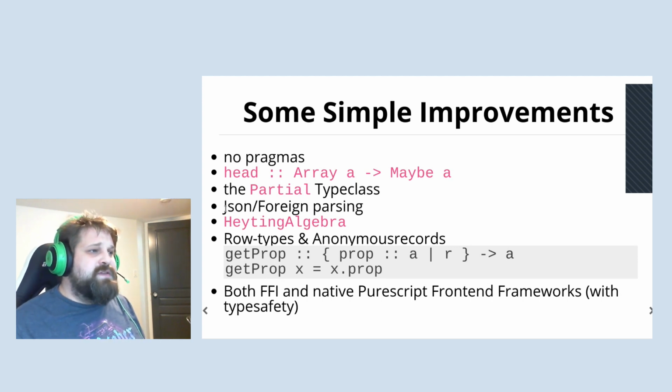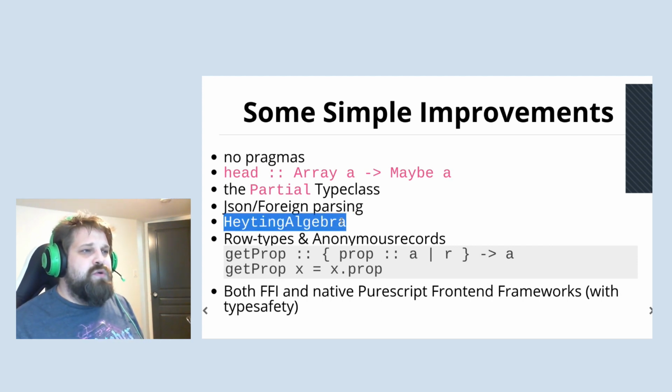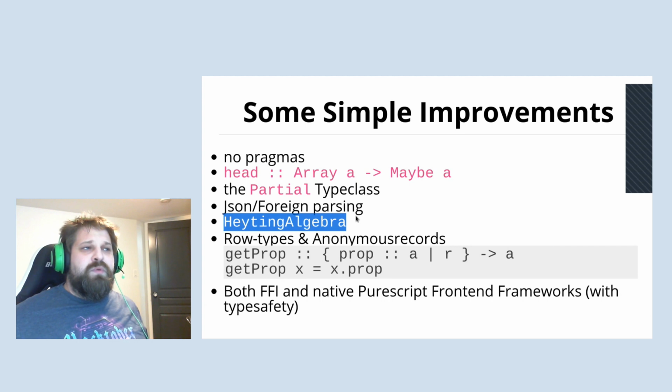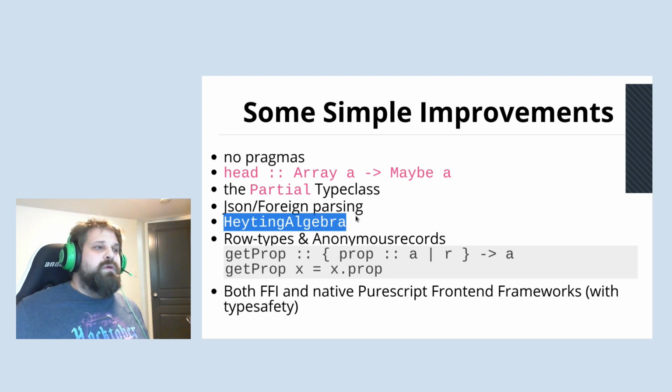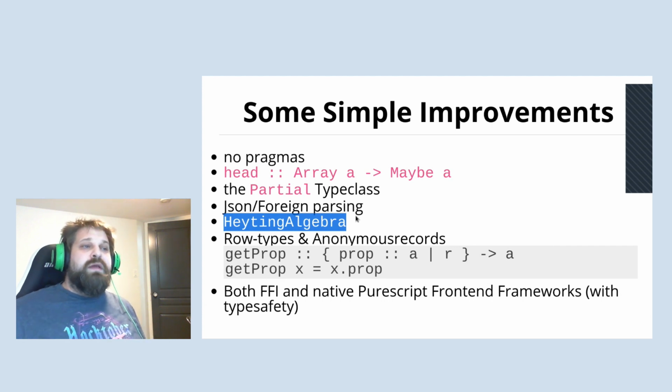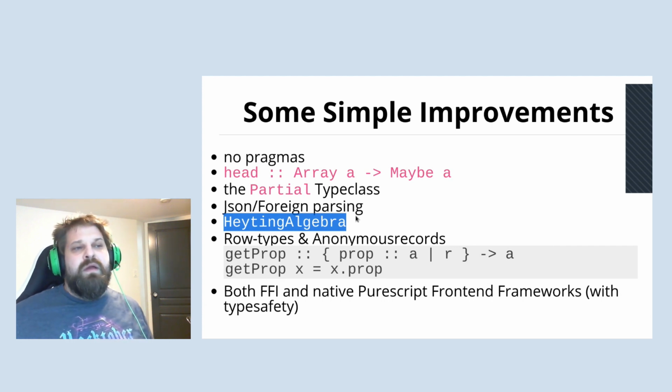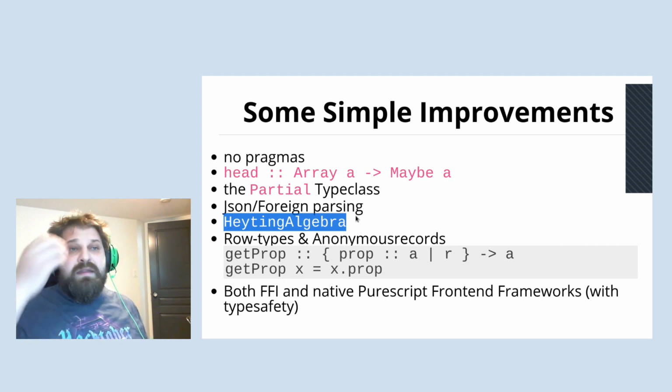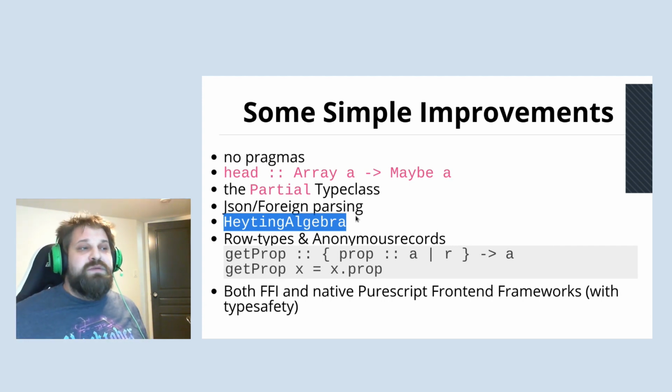HeytingAlgebra is interesting. HeytingAlgebra is just an abstraction over Booleans, really. I mean, you can be more abstract about it, but this is a good example. It's more about things that are Boolean-like. So these can be maybe Bools or functions that return a Bool, and you can get the composition that you're looking for using or, and then these simple methods that you would usually just use monomorphically on Booleans.